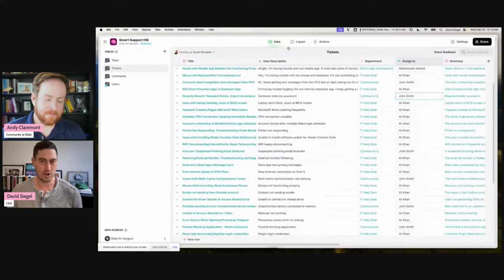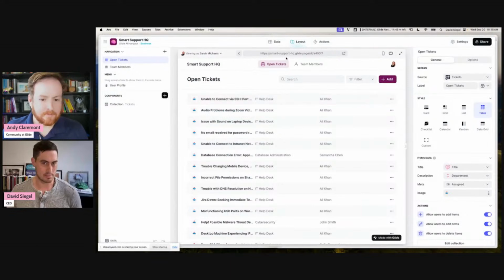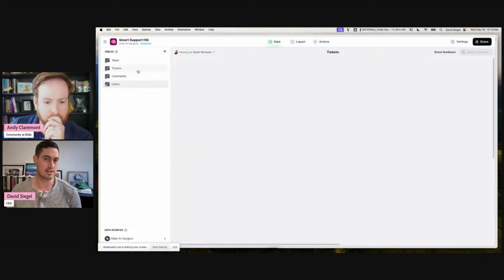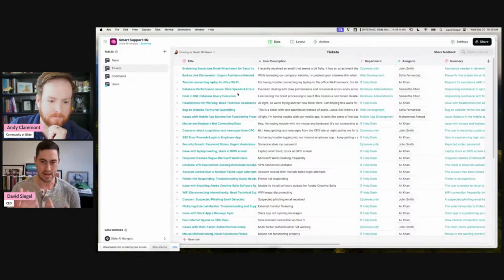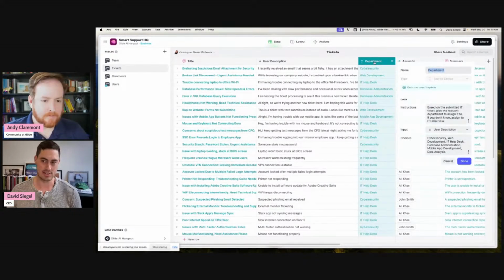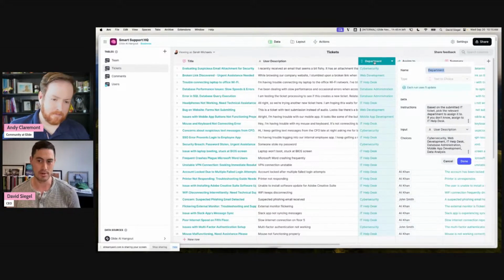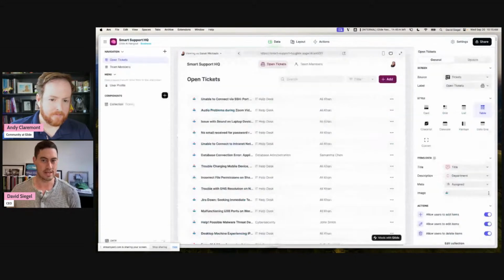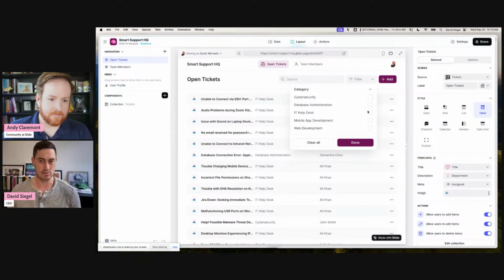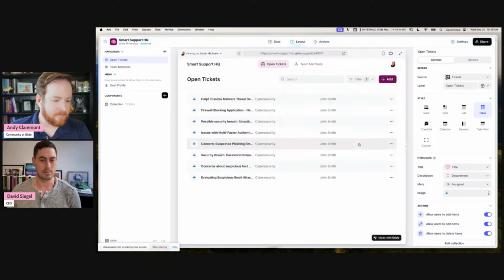So what I'm trying to show here is just a different way to think about the capabilities of adding AI in your app. If you have been paying cursory attention to AI, you might think of it as something you can chat with or something that can generate an image or generate text. But in this case, we're using it to route issues to different people based on their expertise within our company. It's actually making decisions and categorizing things. And then that categorization flows into our interface where we can say, okay, I only want to see the cybersecurity issues. And then we can look at those directly.